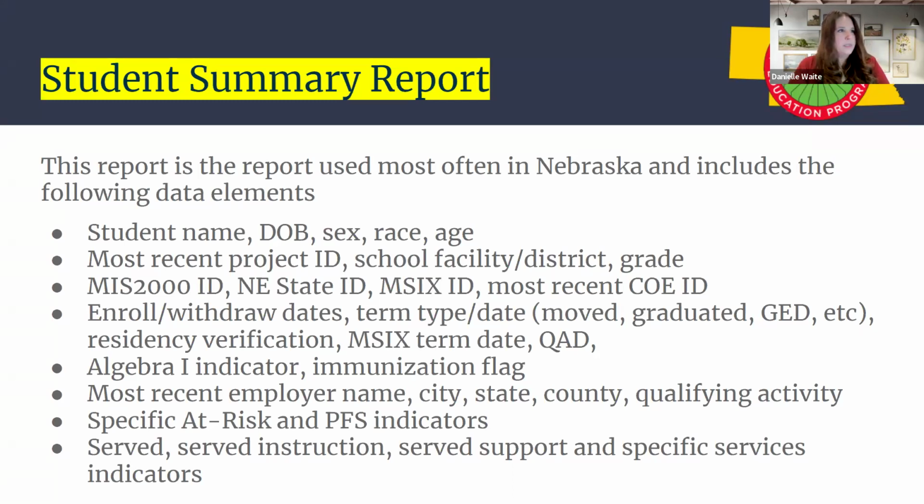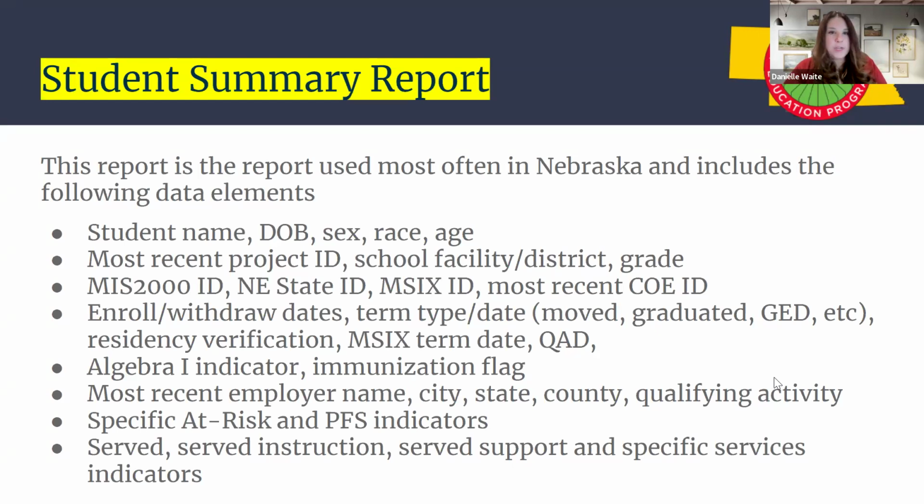This report is, like I mentioned, used most often and includes student name, date of birth, sex, race, age, their most recent project ID, enrollment information, the school they attend, the grade, their IDs, MIS 2000, their state ID, M6 ID, the COE ID for the most recent history line, their enrollment information, as well as if they've moved or graduated, gotten their GED, the residency verification, their M6 term date, QAD, their Algebra 1 indicator,